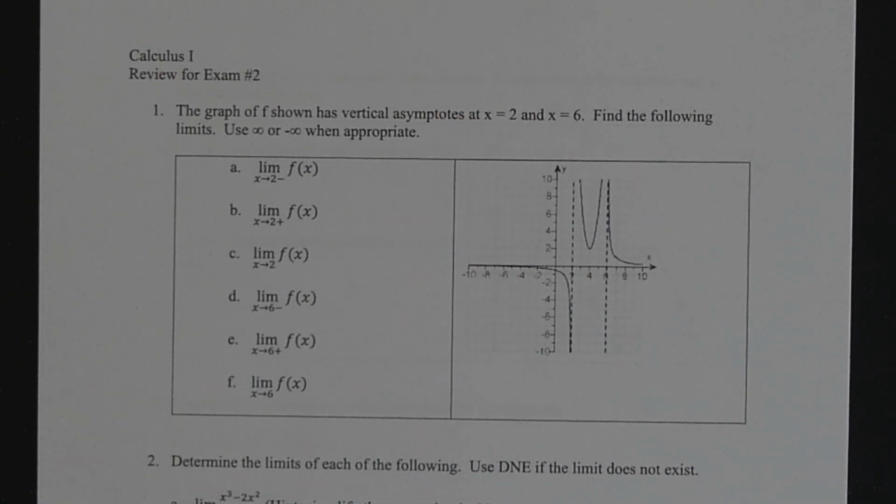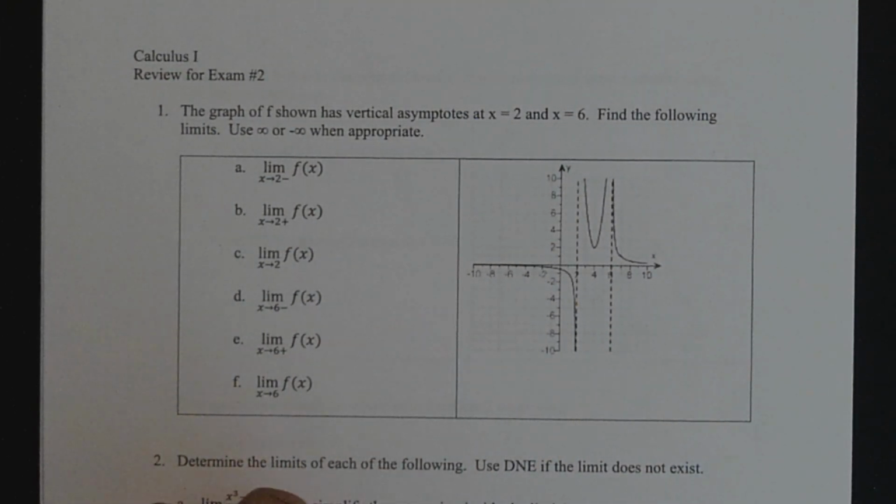All right. And problem number one does say the graph of f shown has a vertical asymptote at x equals 2 and x equals 6. You want to find the following limits. Use infinity or negative infinity when appropriate. And of course, if the limit doesn't exist, you can just say does not exist, or in short, DNE. So in problem number one, part A,